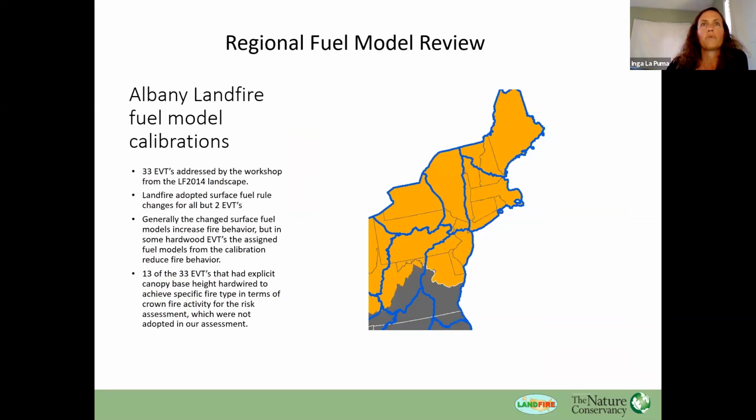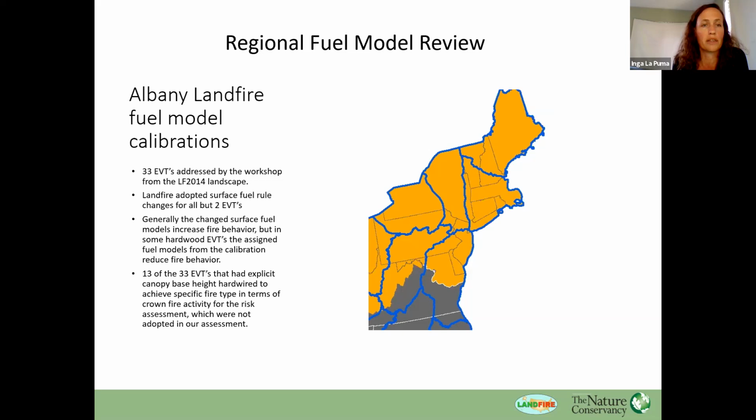So the other thing that we were able to incorporate were the fuel calibrations that were conducted in concert with the Northeast risk assessment that the U.S. Forest Service is doing, and that Megan Sabaski and Brian Schaffler helped organize in Albany, New York. For the most part, we were able to incorporate most of the calibrations that came out of that workshop.